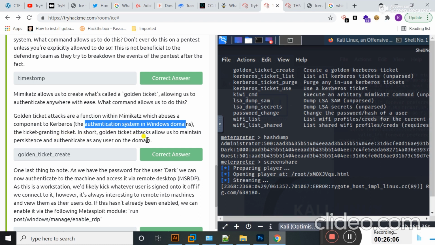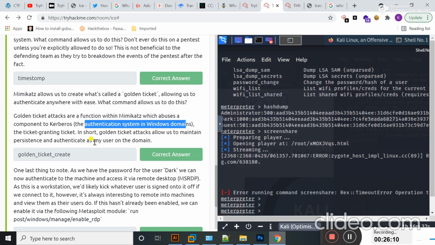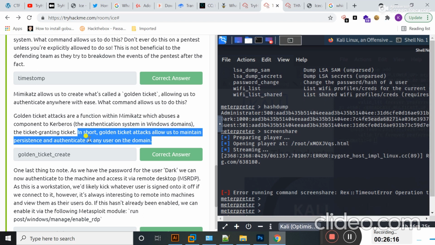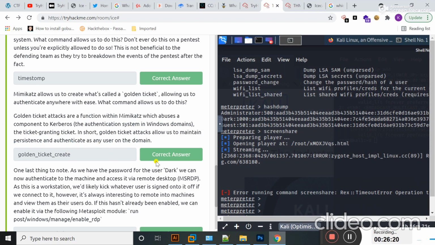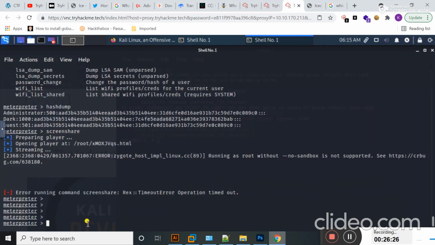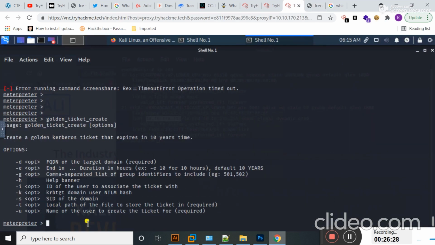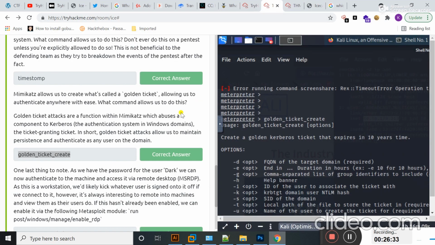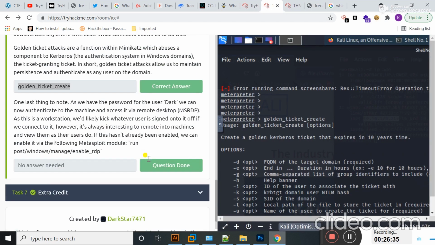In short, golden ticket attacks allow us to maintain persistence and authenticate as any other user on a domain. If I try to use this command and hit enter, you can use this command for persistence.